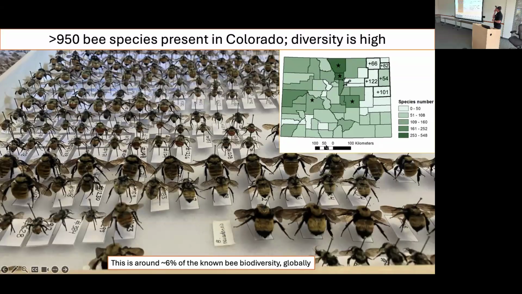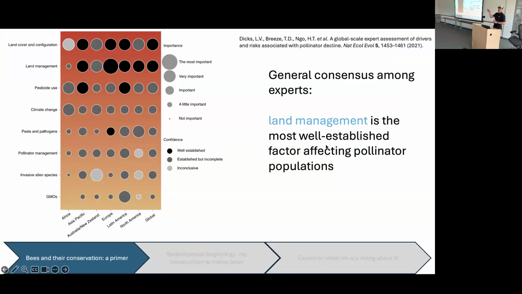Okay, so this little figure here is something that I'm going to refer back to a few times, and I'm going to use to guide a couple of questions that we asked. And this was taken from a paper published by Lynn Dix, a famous ecologist, in 2021. And what you're looking at here is the results of an expert assessment, which was a survey of a bunch of different scientists and land managers who work on these insects